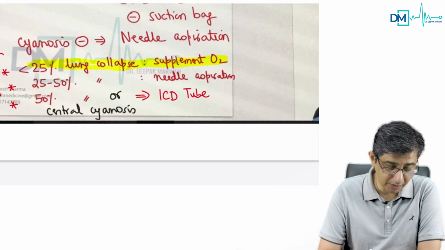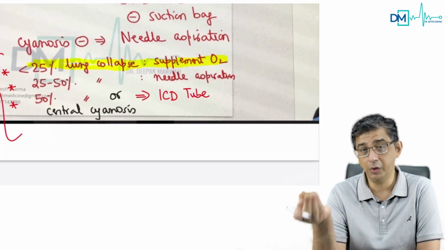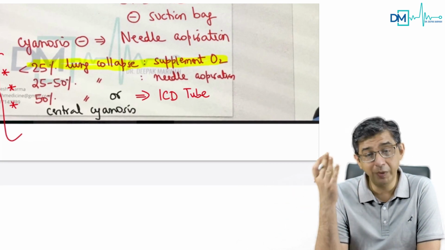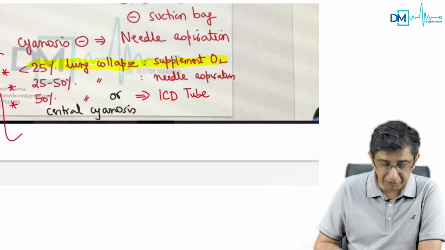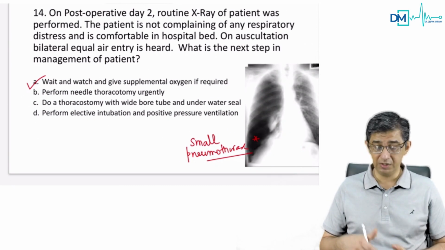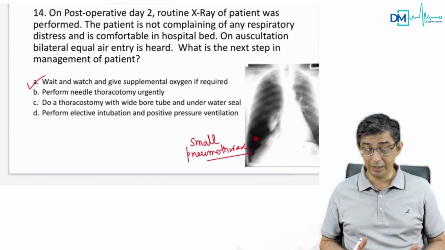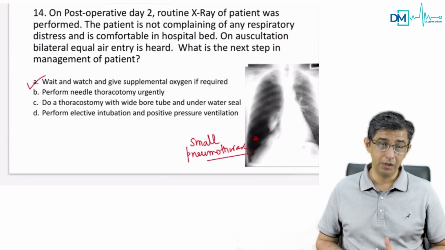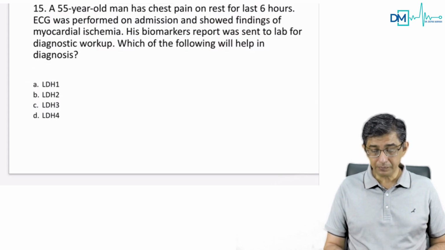So for pneumothorax, guys, we are talking about a person having spontaneous pneumothorax. The management depends upon the percentage of lung collapse. If it's a small pneumothorax not causing significant manifestations in a person, it is supportive treatment only. But yes, if the same person is deteriorating, the pneumothorax has increased in size, and there's cyanosis, you will have to put in a chest tube. The answer to this question is A. We move to the next one.